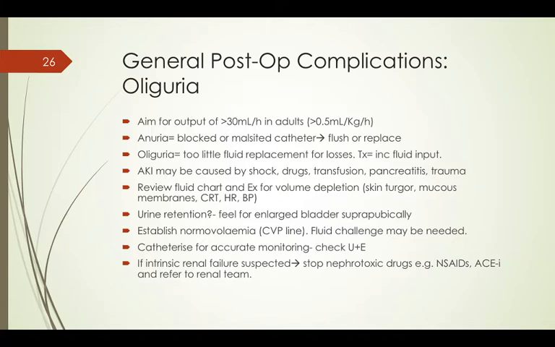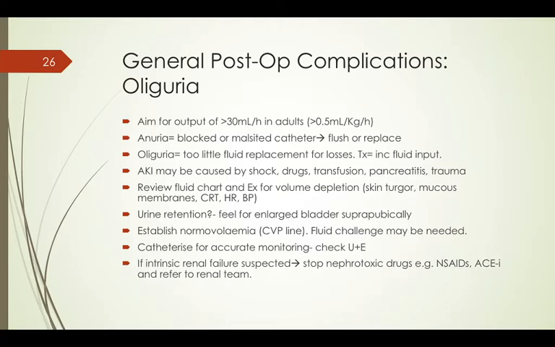So urine retention could be due to medication. We know that opiates, especially morphine, can cause urine retention. So feel for an enlarged bladder suprapubically. Establish normal volemia using a central line, and you may well need to give them a fluid challenge, a bolus of fluid. And as it's pretty obvious from this slide, catheterizing them is a good way of monitoring their output and general fluid balance. Checking the U's and E's is a very important bit of the blood panel, again helpful if you're worried